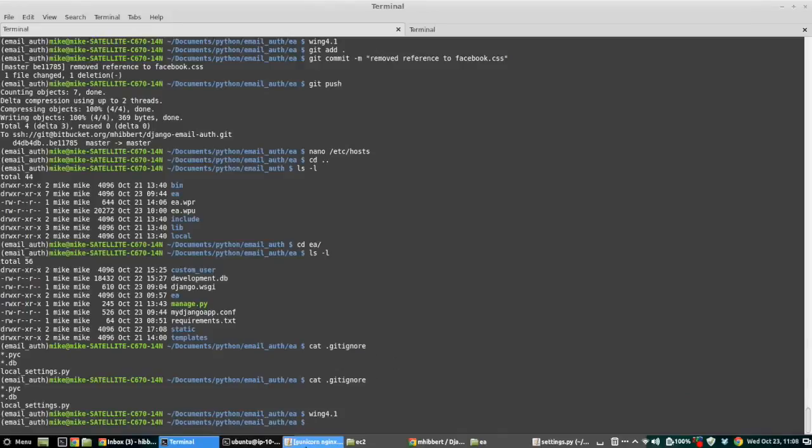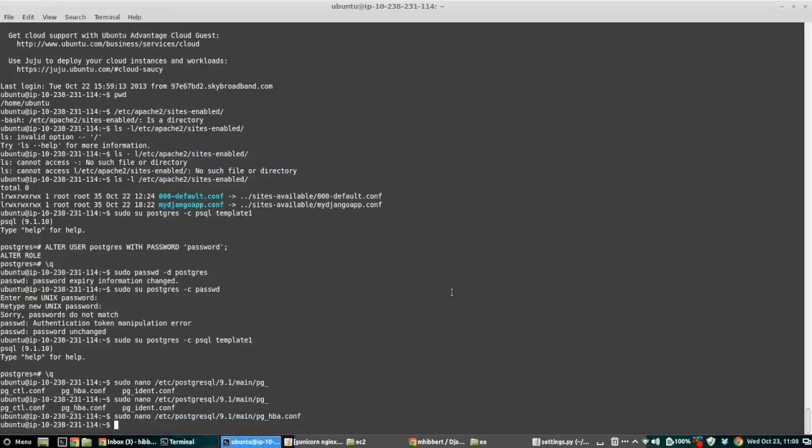Then once we've done that, we can go online to our main web server and pull that down. But before we pull it down, we need to create a virtual environment for it to actually exist in. So again, virtualenv, then we want to create the name of it, and in the case of this it's going to be email auth. Once you've created that,